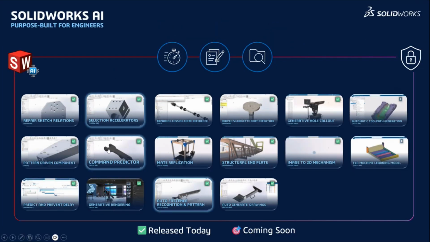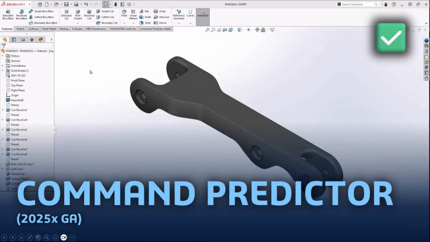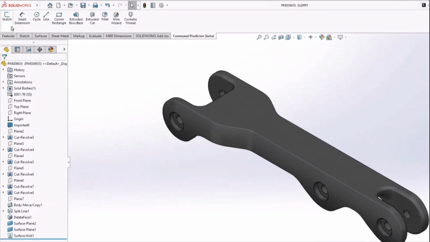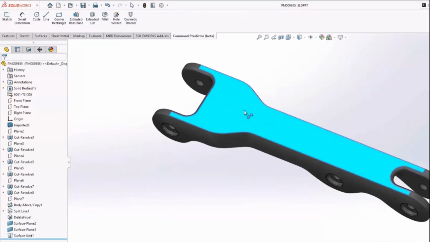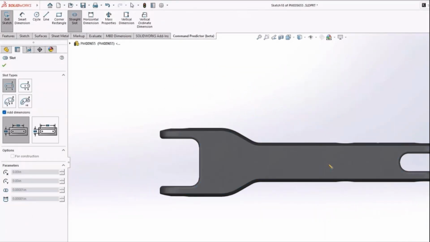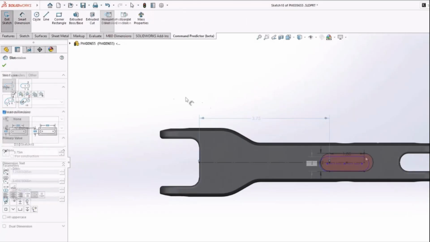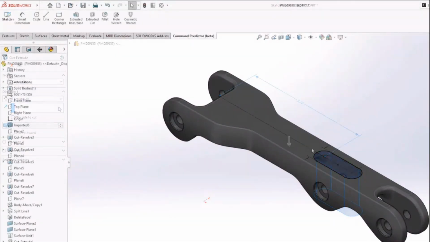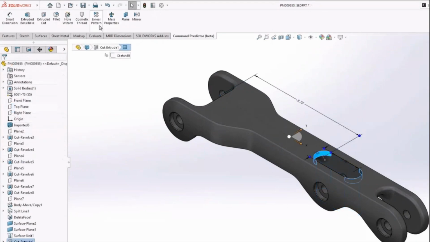Okay. So let's talk about the command predictor. If you are using SolidWorks 2025 or a newer version, then some of you may have tested it. The command predictor is trained on the workflows of thousands of users, and this allows SolidWorks to offer the 10 most likely commands in a simple toolbar. There is no need to change from tab to tab.